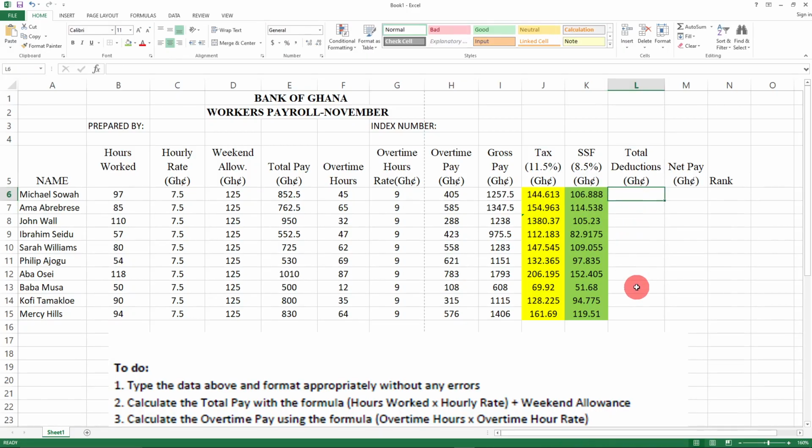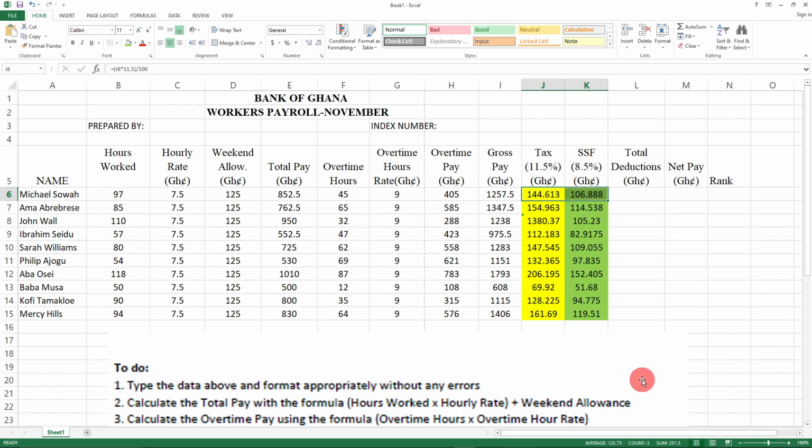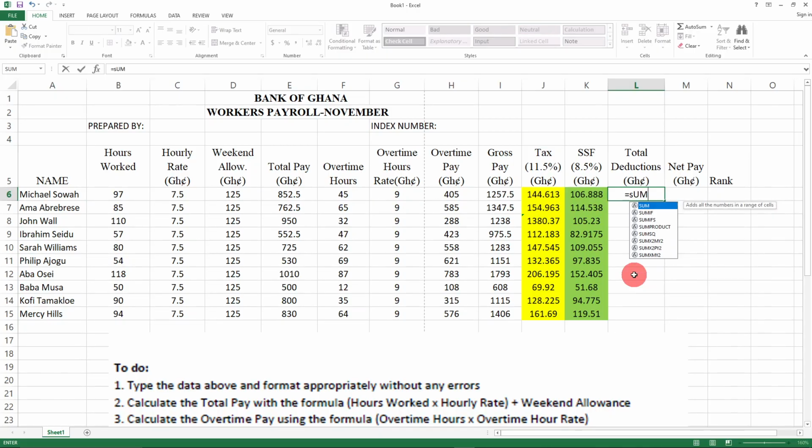All right, it's not difficult. Once you drag the two, you can even see the total here. You see the total here, 251.5. So it's the same thing. I'm sure by now I don't have to tell you. You can do it. So either you go by this equal to sum,